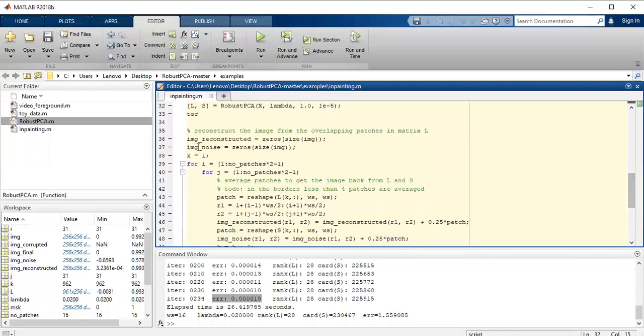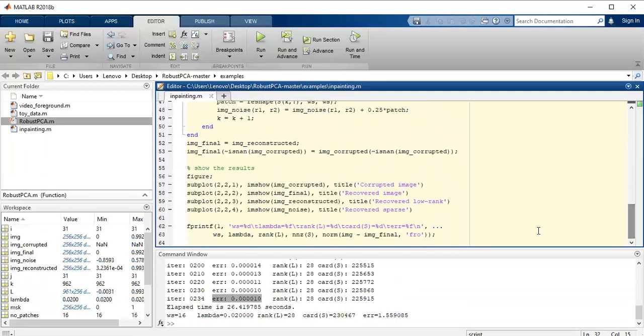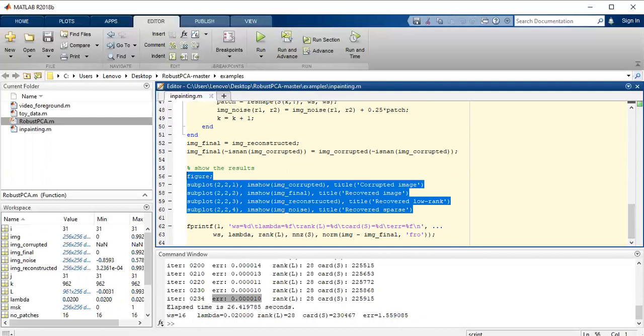Then the image is reconstructed using this command, where the image is reconstructed with R1, R2 plus 0.25 patches, then reshaped, and the image with noise. And finally, we plotted our recovered output in the form of subplots.